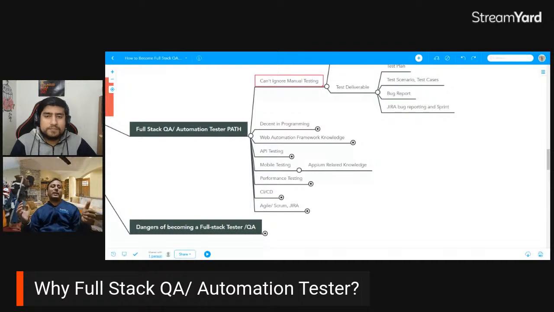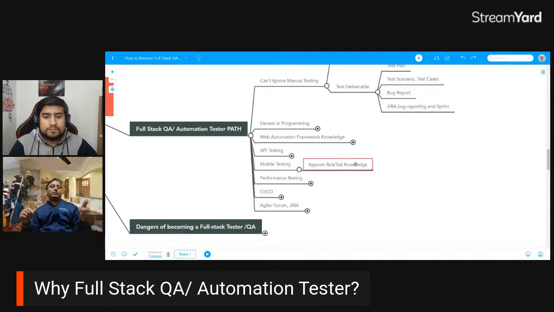If you are working on API, you would be working on schema, on fields, on data types, right? If you're working on UI or web, you would be working on different types of resolution, different types of browsers, right? And if you are on mobile, you'll be working on different platforms, different OS. So the test case categories would be the same. It's just that the terminology may change, right?